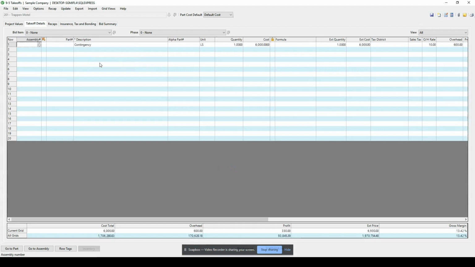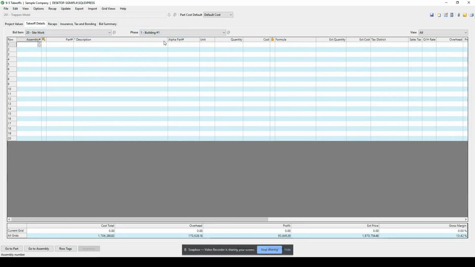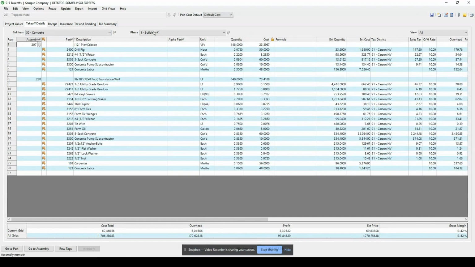And the reason I'm selecting this job is because it not only has bid items where I'm tracking information such as general requirements and site work, it also is going to track phases for me. So phase one, I don't have any site work, but if I were to go to, say, building one, look at general requirements, we don't have anything there. But on building one, we're going to do the concrete work. So this particular estimate is a very detailed estimate where we can track the bid items as far as our general conditions, all the way down to the electrical, what I have set up in the sample company, as well as even tracking the phases if I'm doing like a mini job inside of a larger job.